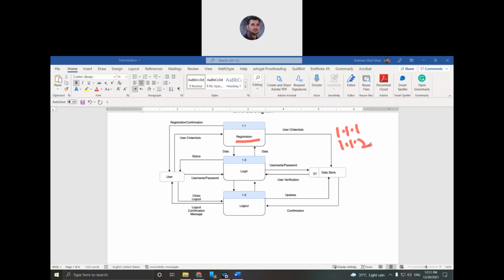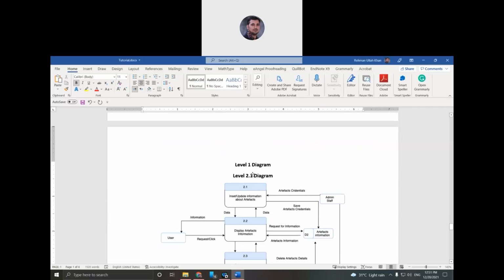So you will decompose this one into further detail if it is not clear. But in my case, in this particular example, registration is clear, login is clear, logout is clear. So I don't want to bring this diagram to level 2. This is why I don't have any level 2 diagram for this.